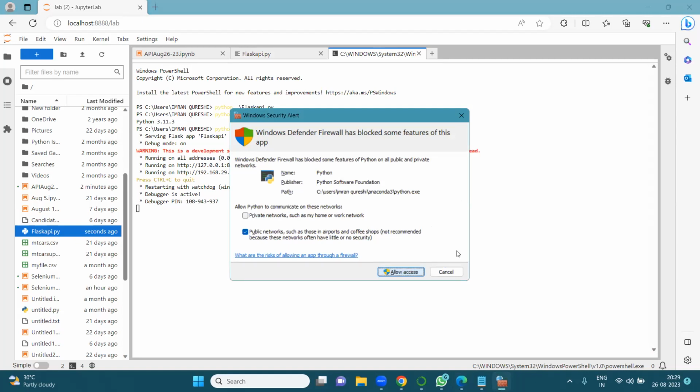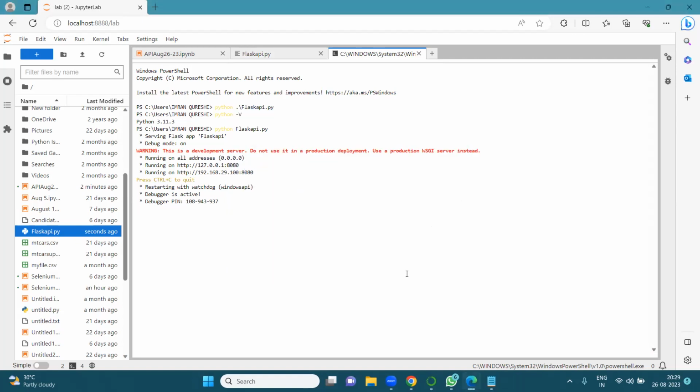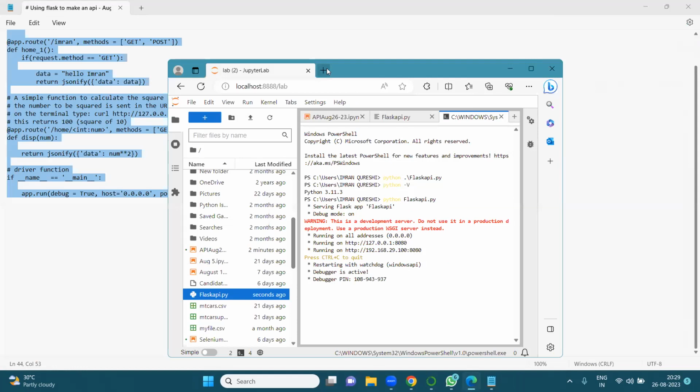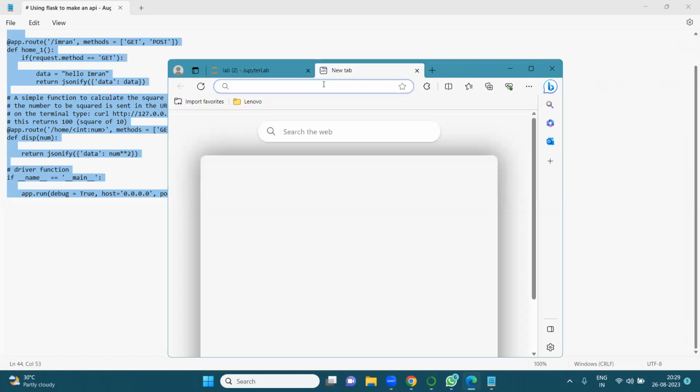Whenever you are trying to run any program, go to a new tab, like there itself. Yes, that's right. Say